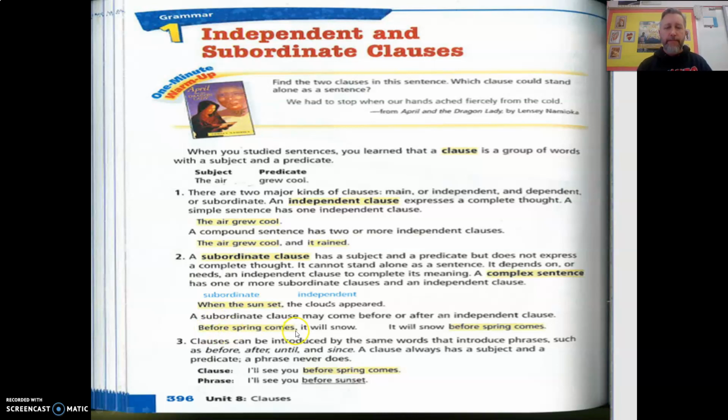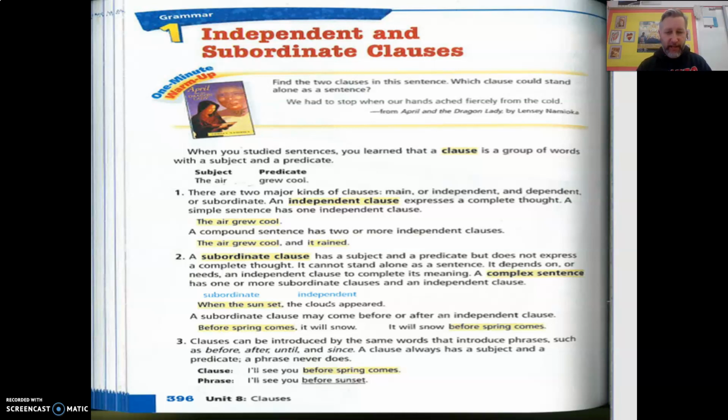"Before spring comes, comma, it will snow." So you get the subordinate clause first, then the independent clause. You need a comma. But if you flip them around, put the independent clause in the beginning, you don't need a comma. All right? Number 3, clauses can be introduced by the same words that introduce phrases, such as before,